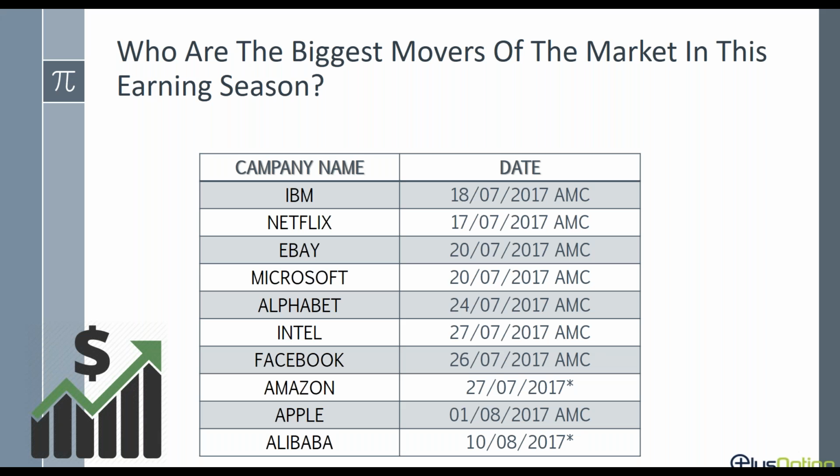After that, we have eBay and Microsoft and Alphabet, which is Google. Of those companies, I will look forward to Microsoft and Alphabet. Their reports will be quite interesting. After that, the most important ones are Facebook, Amazon, Apple, and Alibaba. I can tell you in general that all the companies' reports matter, but those are the major reports in our mind, and those are the reports that you should follow.